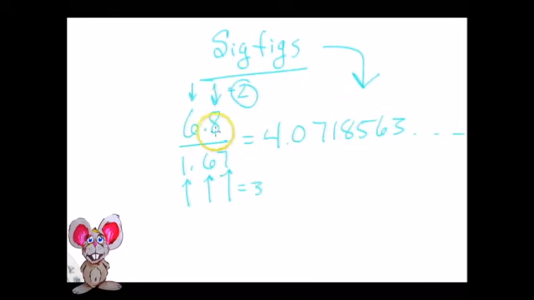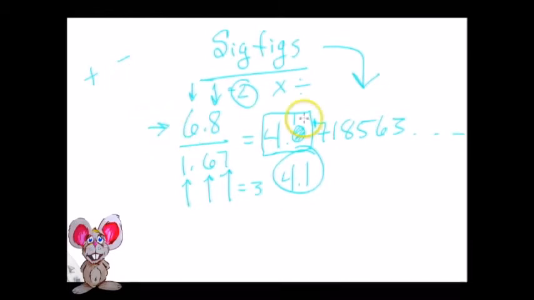And sig figs is the total number of digits within the overall number. And you'll understand why I say that when we start discussing sig figs for addition and subtraction. These are the steps that we will take for both multiplication and division. We will count the sig figs, and the component of the problem with the least sig figs will dictate the number of sig figs presented in the solution. And since the next digit was 7, this 0 will become a 1. So it'll be 4.1. And we dictated that it was going to be 2 sig figs because the smallest component of the problem had 2 sig figs.